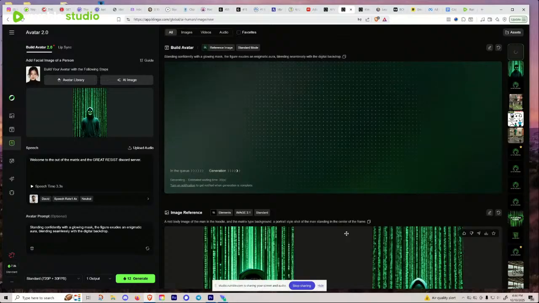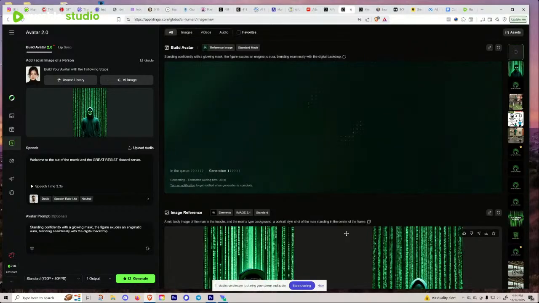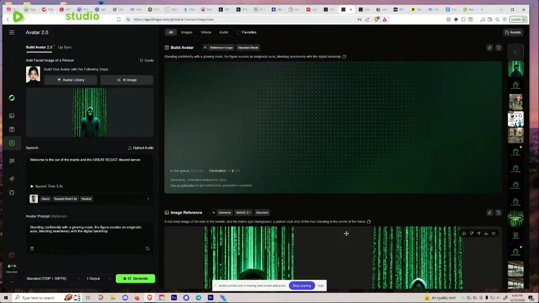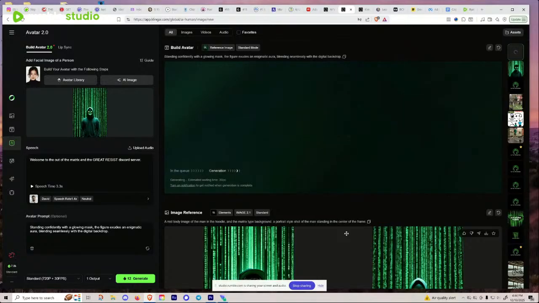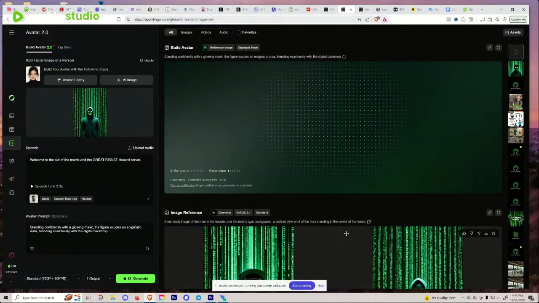Now this one said rendered time would be 2 minutes, and now it says 30 seconds. And it may drop down to 5 seconds. Again, that's the benefit of using the premium plan.